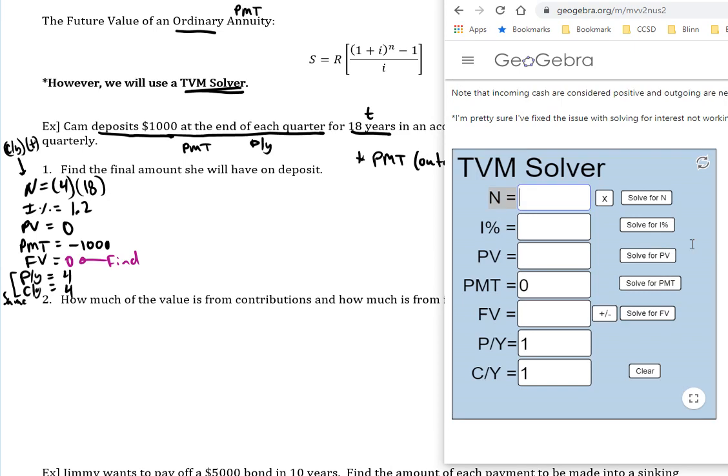Okay, so we've got our 4 times 18, and this can do it. 4 times 18, 72. And then moving on, 1.2. Our present value, we want 0. Payment, we make it negative 1,000. Future value is 0. And then these are each 4. And it automatically changes it for us. Okay, and then we wanted to solve for future value, so we'll click solve for future value. You have to click on it to make sure you see everything, because right now it doesn't show everything. So click on it to get all the decimals, and it looks like it's